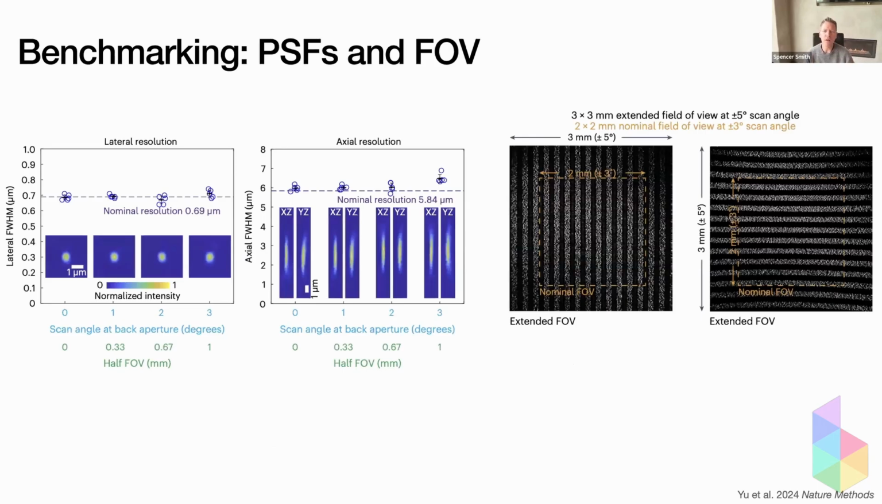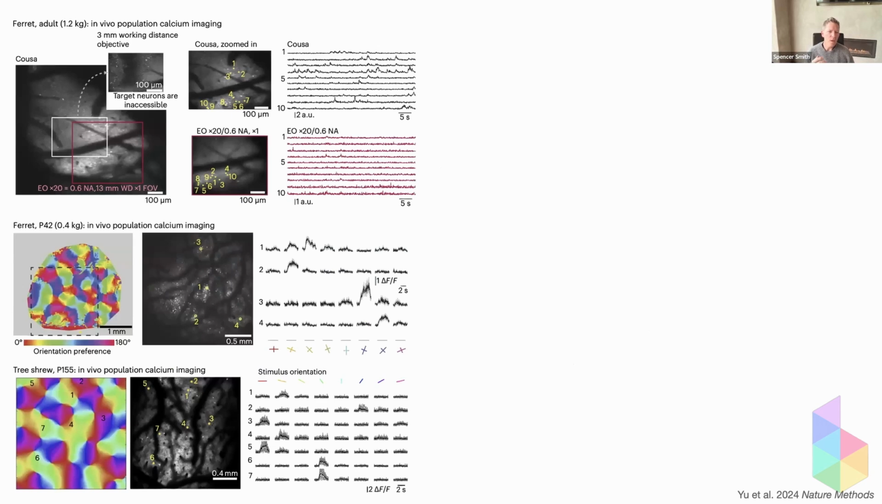So for most systems, there'll be a 2 millimeter by 2 millimeter field of view. And if you can go out to plus or minus 5 degrees, you can get a 3 millimeter by 3 millimeter field of view. And we do that with the Diesel system or with our Ventana systems. But the CUSA, just on regular microscopes, you can,